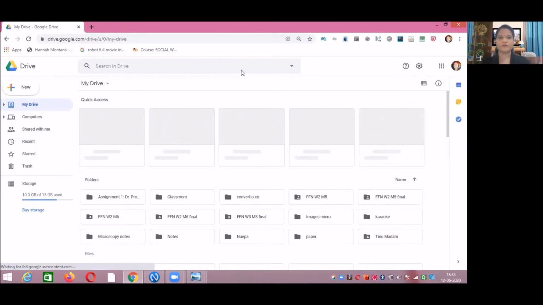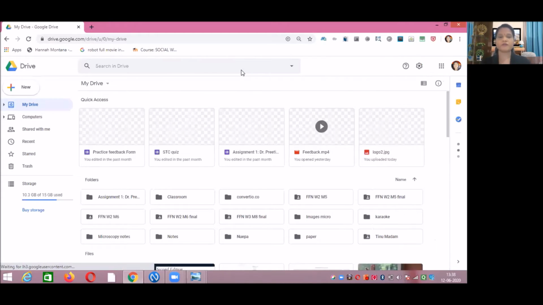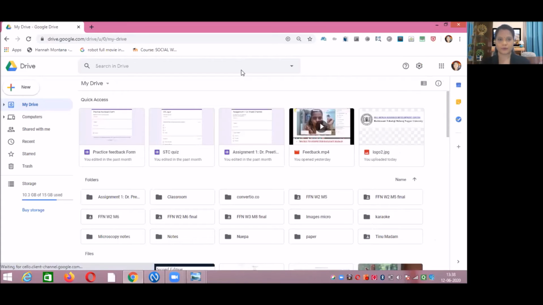Now, in this Drive, you have to upload a document which is present in your computer or laptop. That file can be of any type. It can be PDF, PowerPoint presentation, or a Word file, or any sort of video if you have. That video can also be uploaded in your G Drive. That means in this step, you have to upload your document which is initially present in offline mode to your G Drive and make it available over the web so that you can take the link of that particular document.